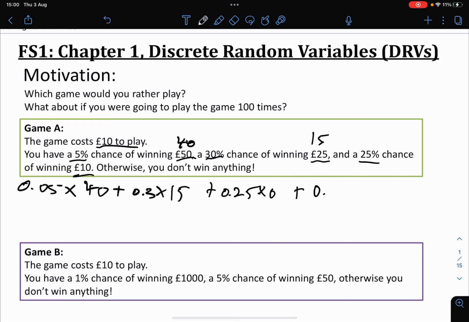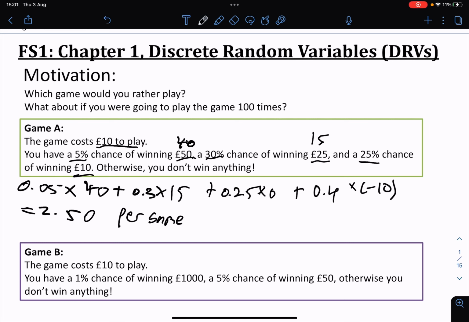But you can potentially get a negative 10 loss out of all those options. Work that out and you get £2.50, but that is per